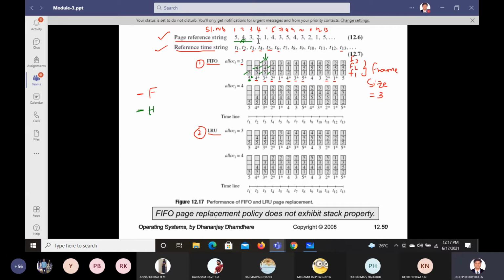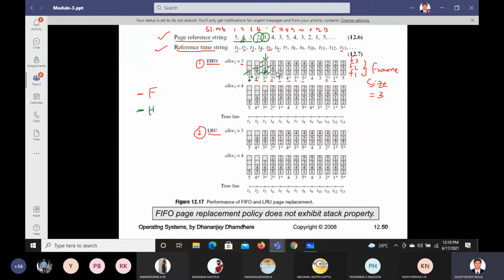Now at this position we got 2. We have to replace the page. So replace this 5 and write 2 here. 4 and 3 will be the same. As we are writing 2 here by replacing it, it is not a hit. It is a fault, so a star mark was there here. So 2 is done. Next go to 1.